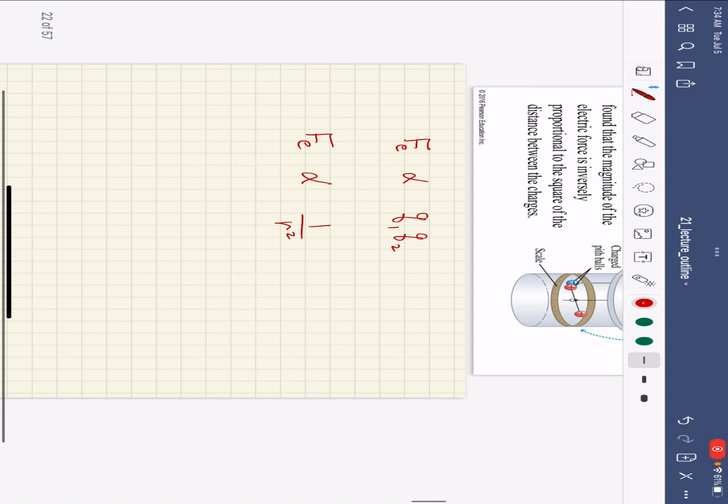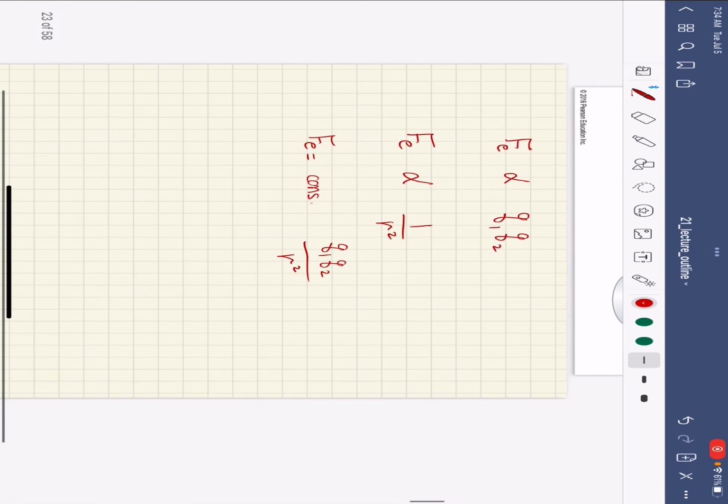Now, something that we need to know is that we can combine these two together, and then we can say that F equals a constant multiplied by Q1 Q2 divided by R squared, and here I will say the charges can be positives together, negatives together, or one negative and one positive. I will say this is Q1, this is Q2, and these are really the charges